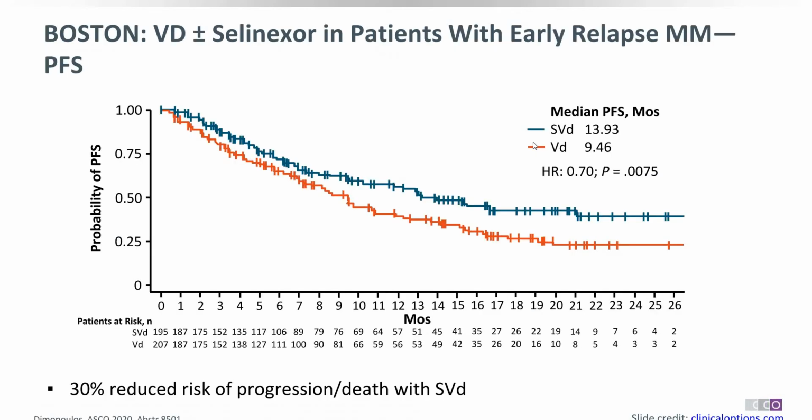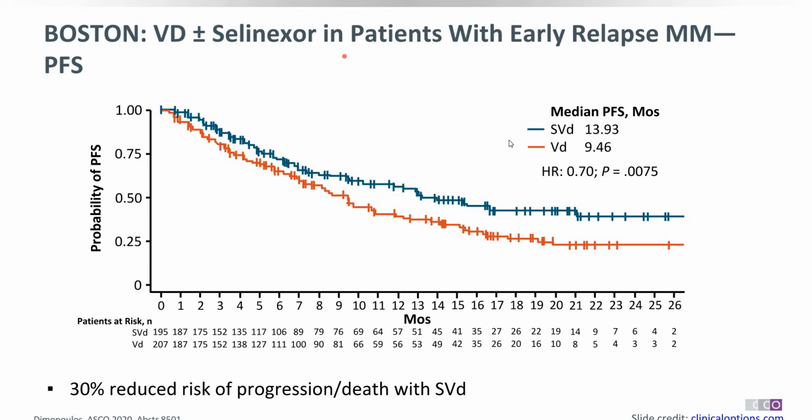So it was the new trial which was published recently at ASCO 2020, and here they have combined Veldexa with selinexor in patients with early relapse. Actually, this selinexor is a new molecule, and I'm not going to discuss the mechanism of action of all the drugs. You can go through that in a textbook. But I am touching the latest trial and outcome because at least we should know what all the options are. So Veldexa plus or minus selinexor.